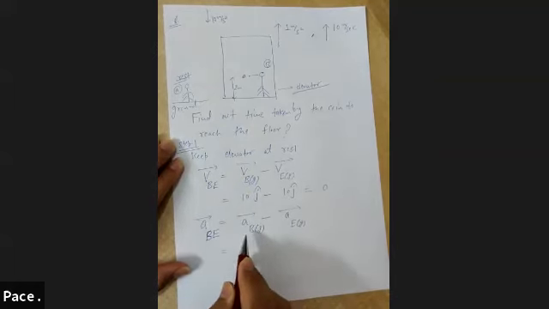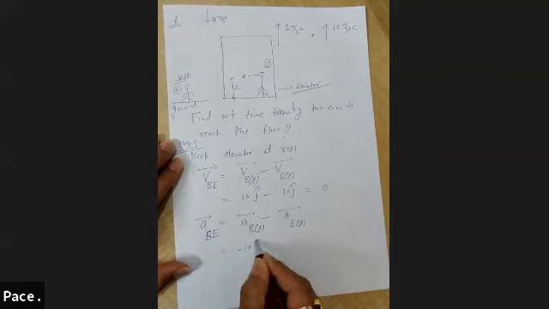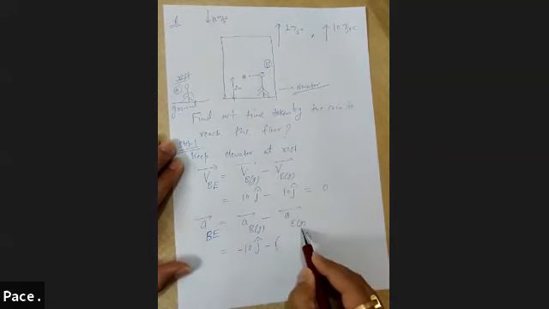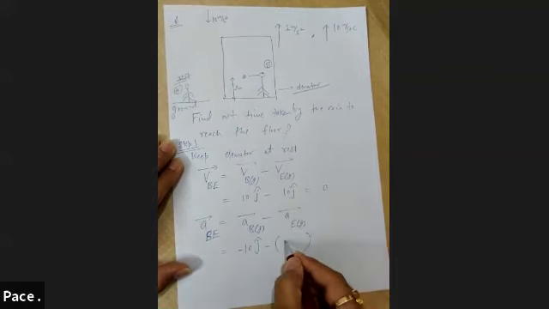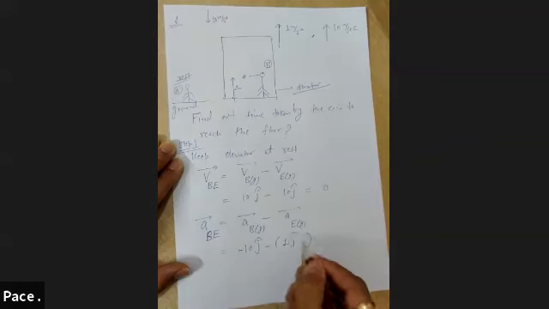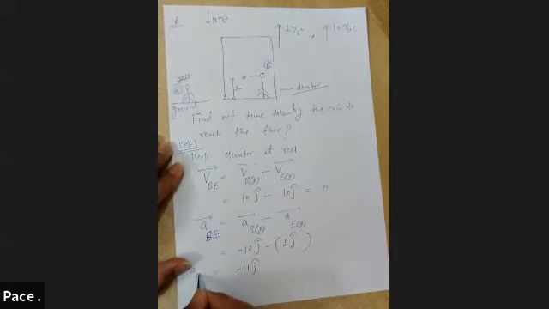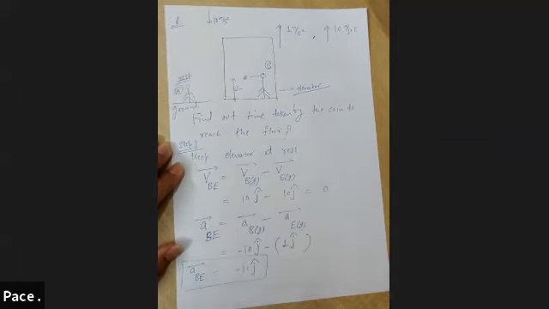With respect to ground, acceleration of the coin released by the man B would be minus 10 j cap, minus, now what is the acceleration of elevator with respect to ground? It is clearly given as 1 meter per second square in upward direction, so that would be 1 j cap. So this minus 10 j cap minus 1 j cap would be minus 11 j cap. Acceleration of coin, or you can say man, with respect to elevator would be minus 11 j cap.